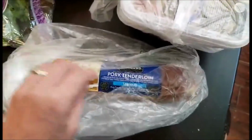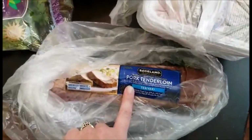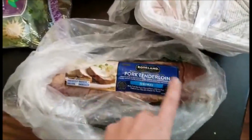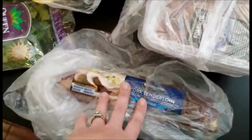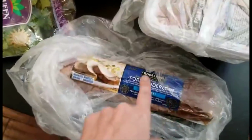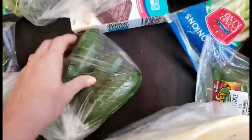So delicious. If you've been watching my hauls, last time I got the barbecue, I was not a fan. I ate it, but this is definitely my favorite. So I picked that up for me for lunches. I'll just cook the whole thing and eat a little bit each day with some veggies, and that's good for my lunches. Bananas, some...